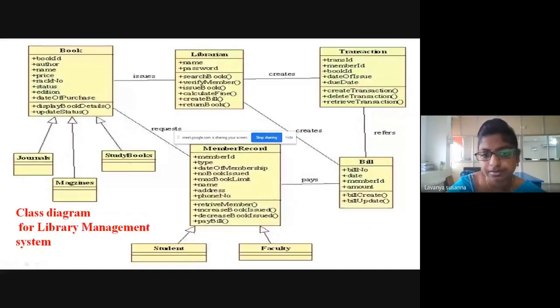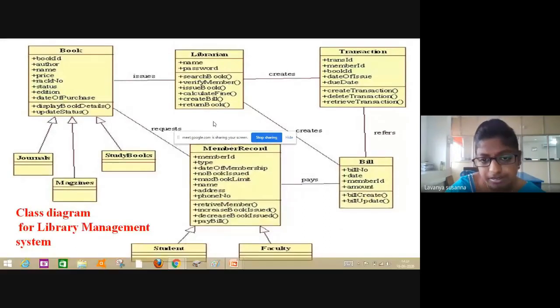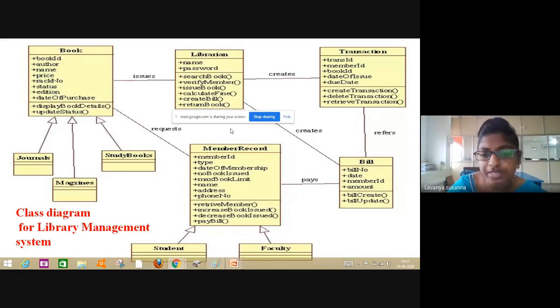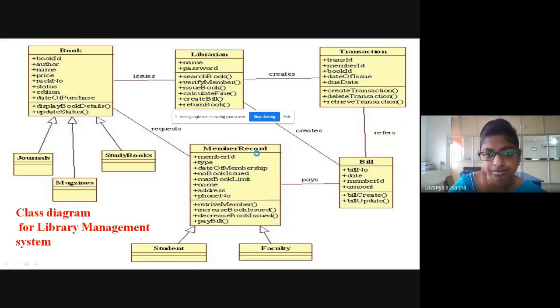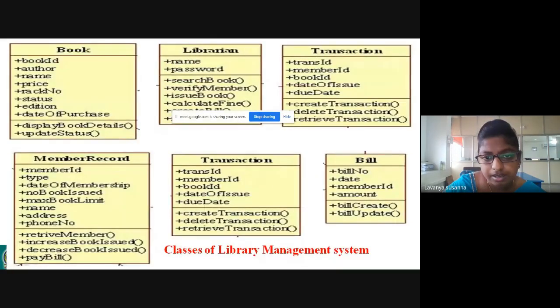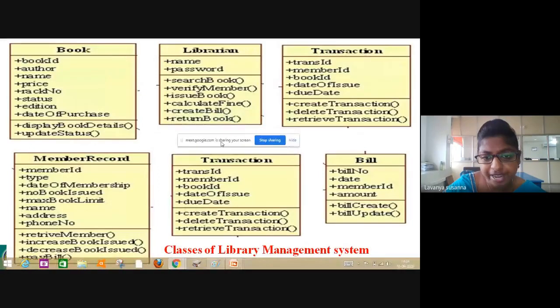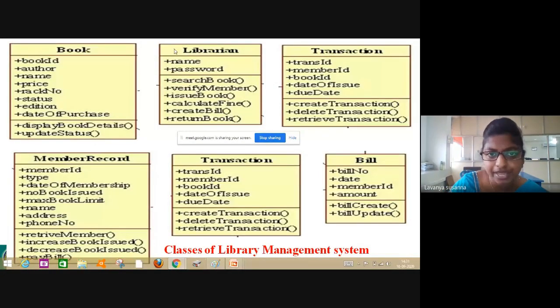Members of the library: student, faculty. Okay. Next, librarian. There will be a librarian and members of the library, students and faculty.